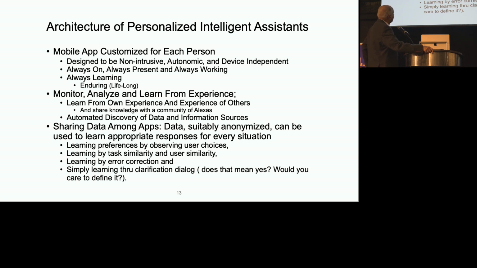This is very interesting. If you're willing to monitor and analyze from experience, where should you look? Where is it going to be? And this automated discovery of information sources, how do we do it? When I want to find something, I do a search and go see the results from my search engine, and then do something. And can an agent do the same thing? And how does it work? Okay.